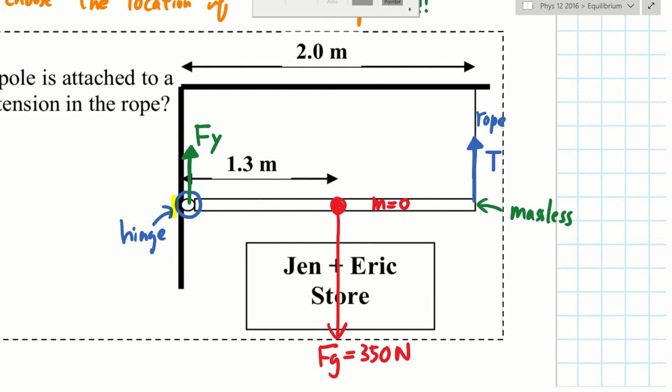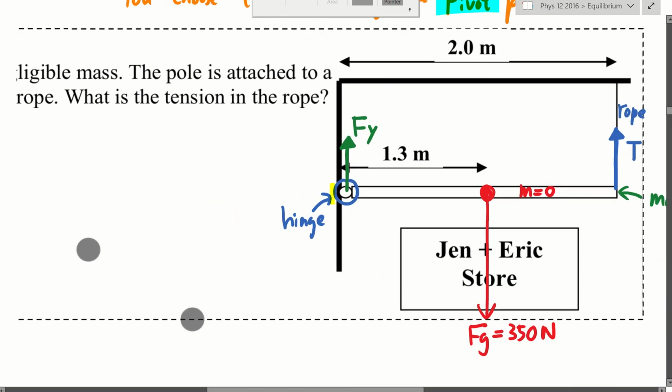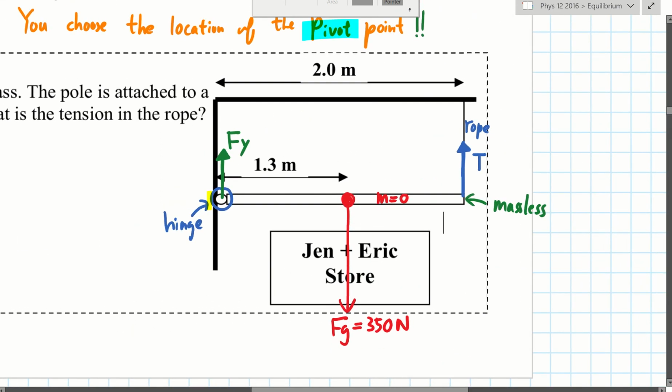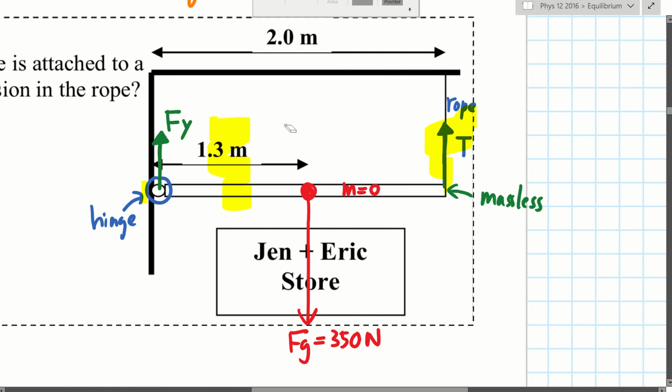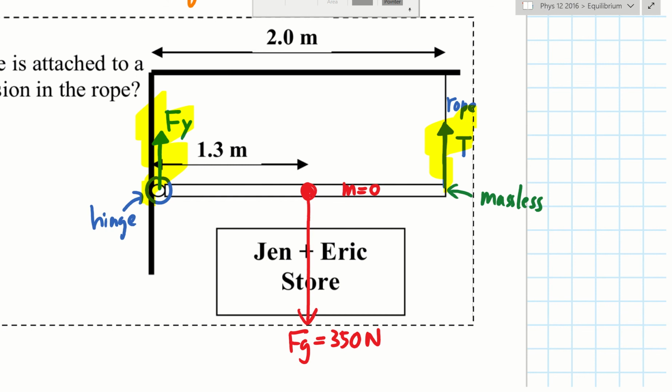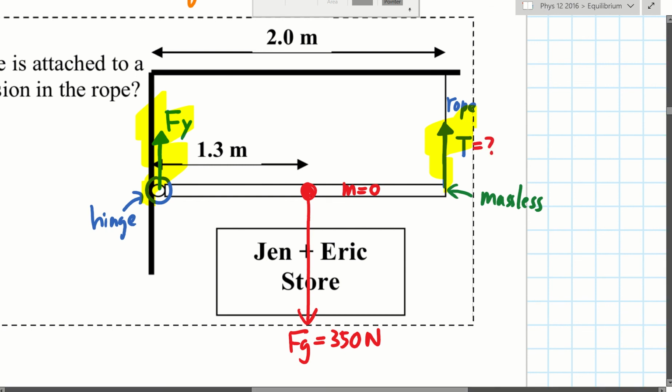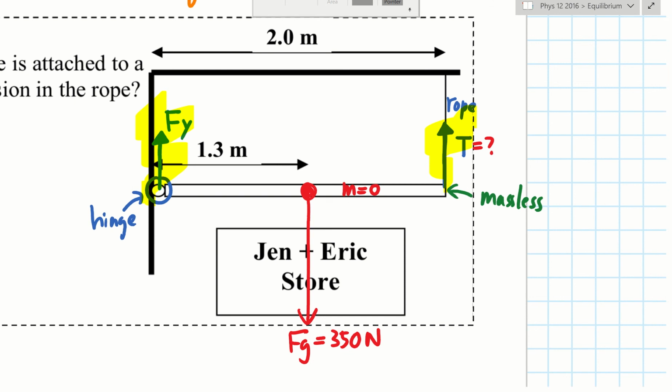But that's not good enough. Only knowing that these two add together to equal gravity doesn't tell you what these two forces are. You only know that when they add together, they equal gravity. So what? I want to know how much is the tension on the rope. That is the question. I know tension plus Fy is gravity, but so what? How do I actually get tension or Fy? You can't. There's nothing else in this question that can help you get further than that,